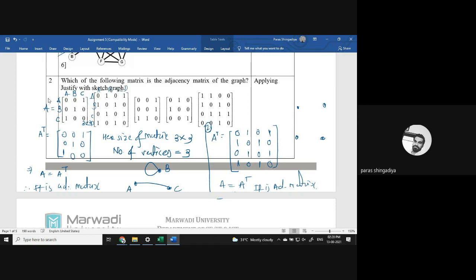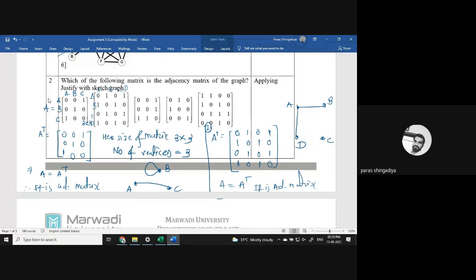Okay, a direct graph. So A to A is 0. Okay, first row, map all these columns. So A to A is 0, meaning no loop at the first vertex. Let us say they are A, B, C, and D. And then the second entry is A to B. So that is 1. So connect A and B. Third is A and C. Okay, A and C, that is 0. A and D is 1. So A to C is not connected, but A to D is connected. Okay. Connect A and D.